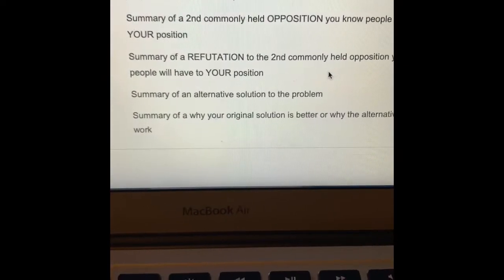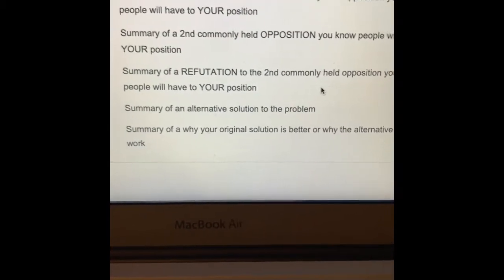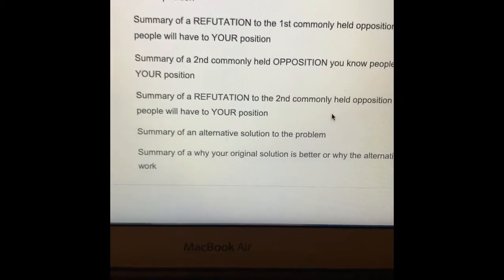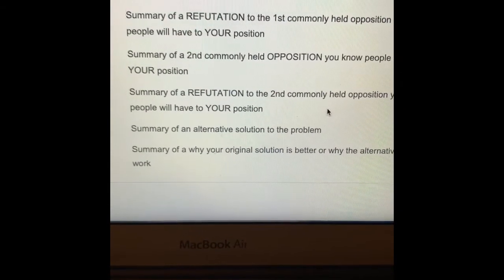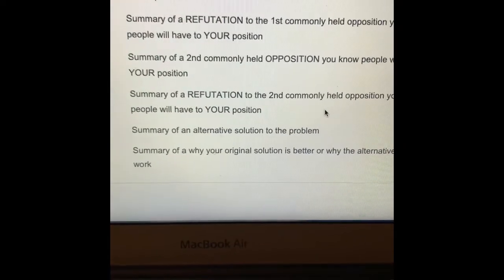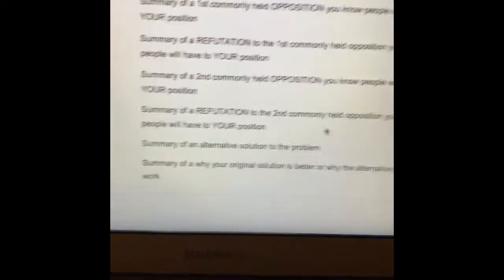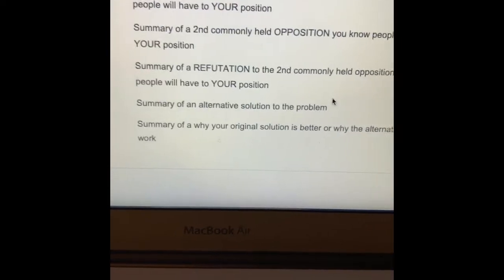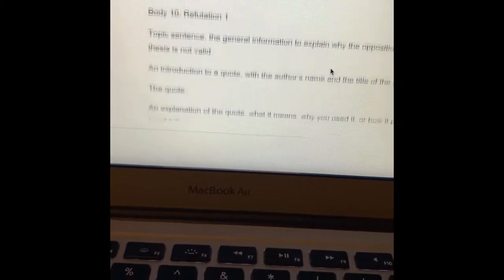And you can do that, or you can do 2 objections and 2 refutations, or 2 alternative solutions and 2 statements of why the original solution's better. You have some flexibility in there. And I will put that someplace else in writing.